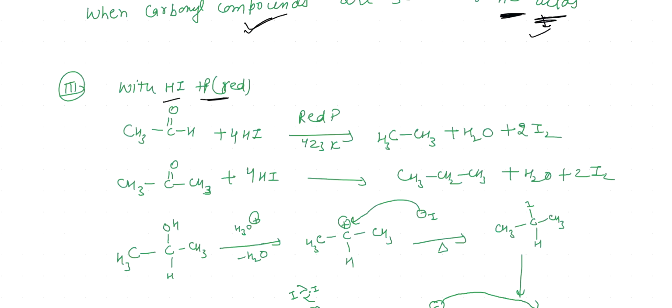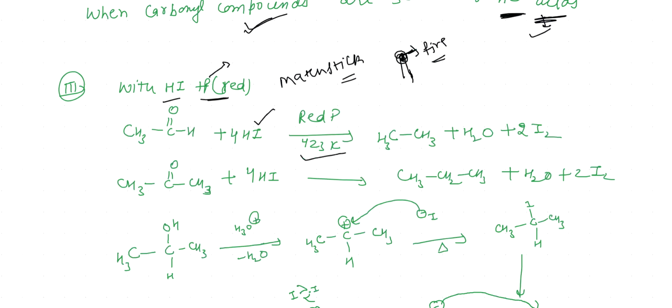Where is red phosphorus used in our basic life? The matchstick we use is coated with red phosphorus, which produces fire. So when it is subjected to react with hydrogen iodide at temperature 423 Kelvin,